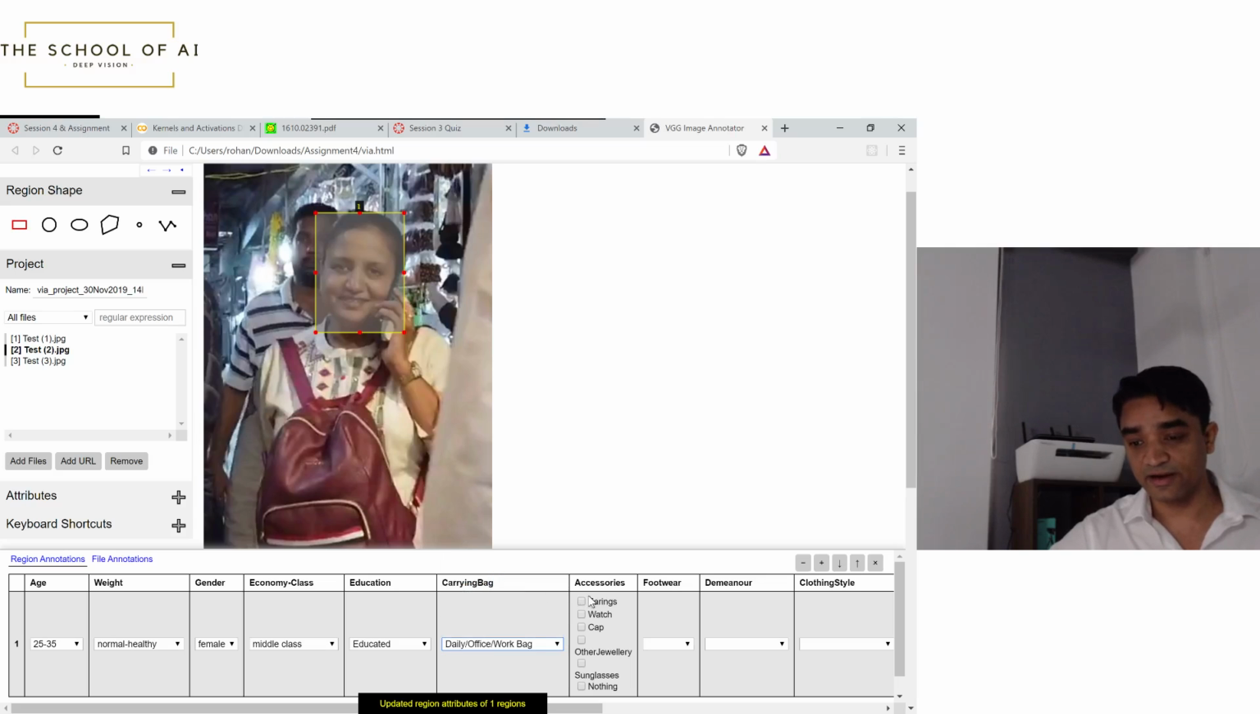Now, is she wearing earring? I can't see, but I can see some jewelry, right? And that's a jewelry. I clicked, it's a wrong link. That's a sunglasses. Watch, of course she is, right? And footwear, I can't see, so I can't see. Demeanor,